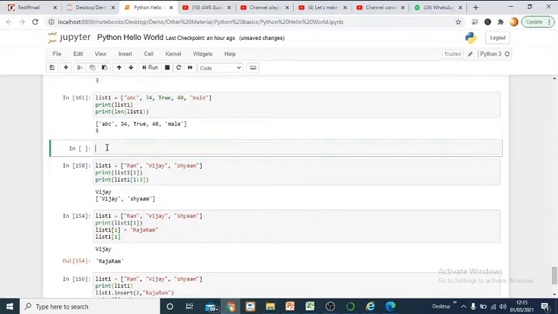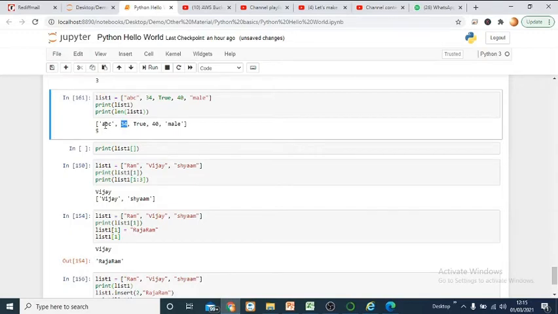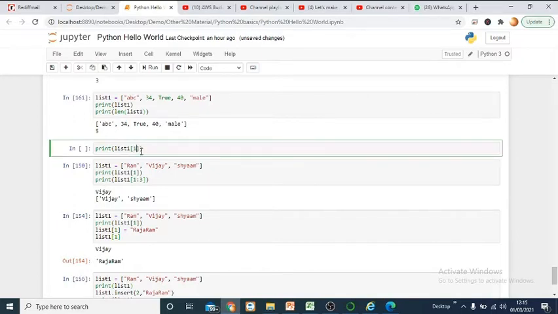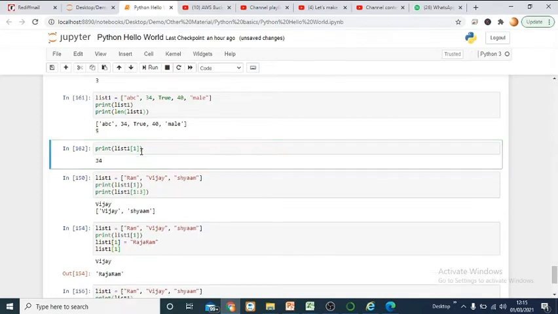If you want to print from list one the item 34, this is index number 0, this is 1, this is 2, this is 3, this is 4. So 34 will be at index number 1, and if you print it, it will directly come here. Similarly, if you want to see male, it will be at 0, 1, 2, 3 and the fourth place. So you just need to mention 4 here, right?